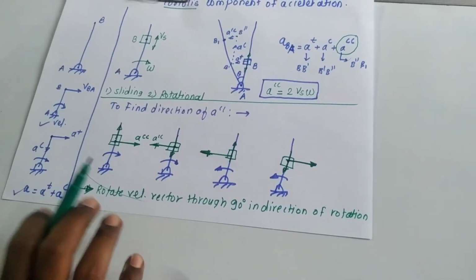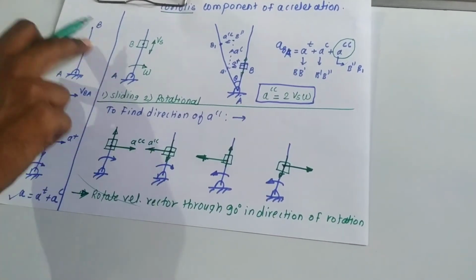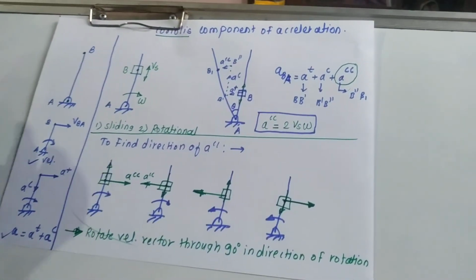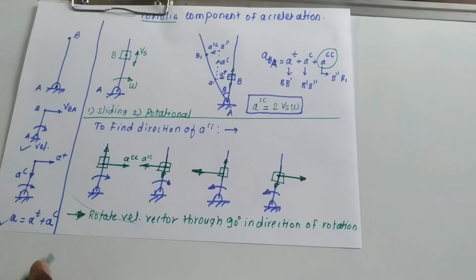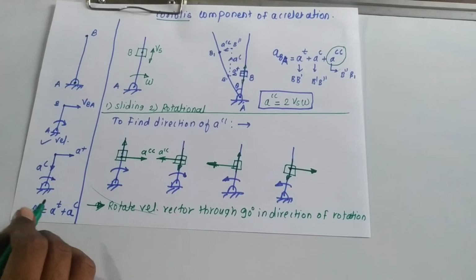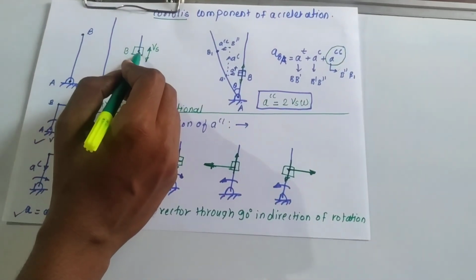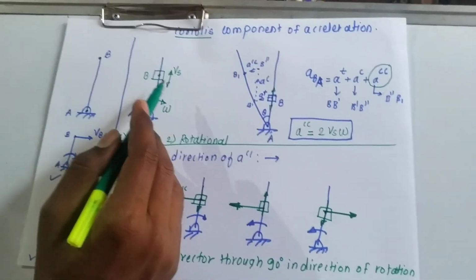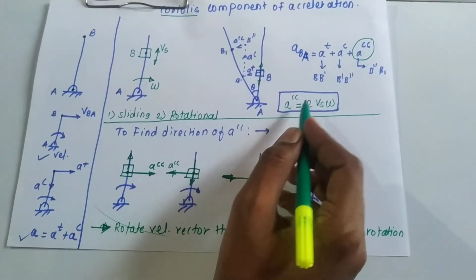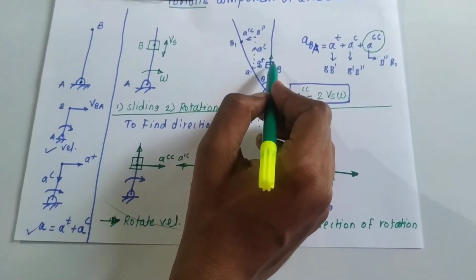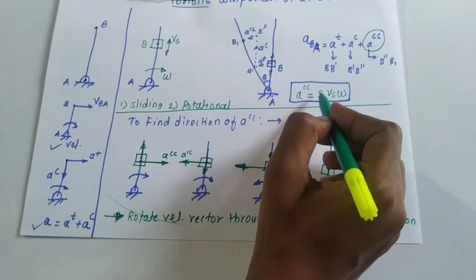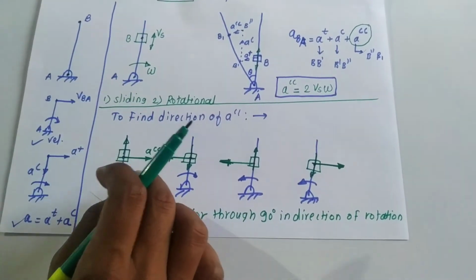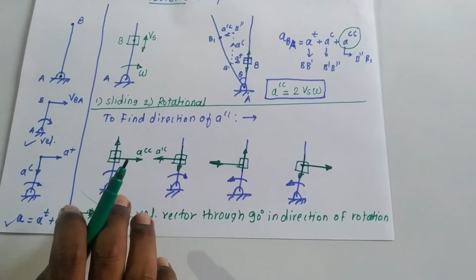So we summarize the lecture. What we saw is that in the first case, whenever the distance between 2 points, A and B, remains fixed, we find velocity and acceleration using the simple relative velocity and acceleration method, where there are only 2 components, tangential and centripetal. But if the point whose velocity and acceleration I am finding is moving with respect to the pivot point, that is, rotating as well as sliding, then there will be a Coriolis component of acceleration. We saw how this component arises from the initial to the final position. Its magnitude is twice Vs into omega. There are 4 cases. How to get these cases? Rotate the velocity vector through 90 degrees in the direction of rotation. This is all about the Coriolis component of acceleration.